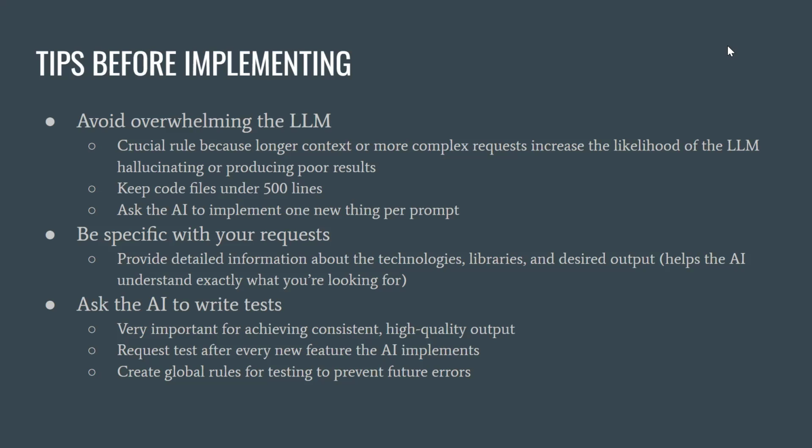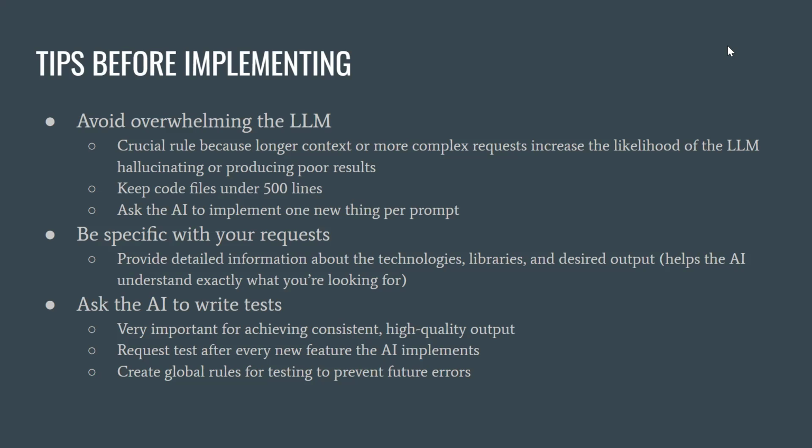if you're not detailed with what you're asking it, it might not actually give you a great response. Or if it's too complicated, it might not be able to understand it fully, which might give you a poor result. And you should also keep the files that you use under 500 lines. And you should ask the AI to implement one new thing per prompt. So don't ask it to implement everything all at once because it might crash or it might just be super